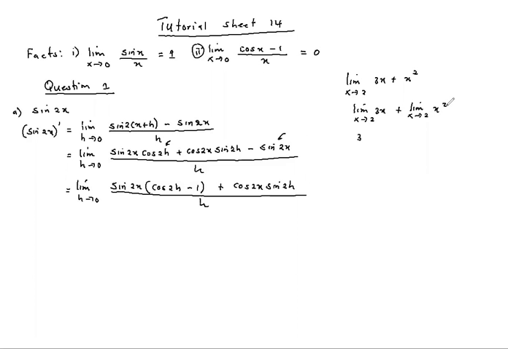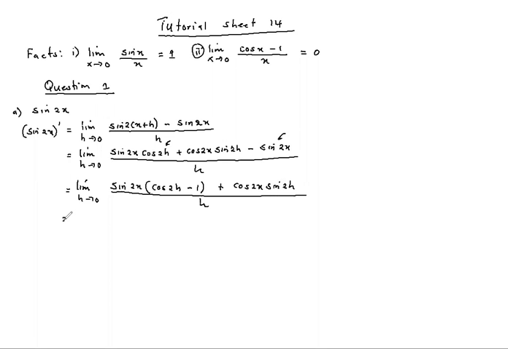You can as well take 3 outside and have that plus the limit as x goes to 2 of x squared. You can do that because 3 there is a constant. What we mean by a constant is that it does not have any x in it. Okay. So using that concept there,